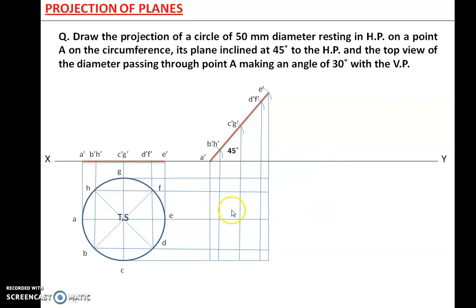Now what you have to do is find the points of intersection. A, this will be A, B, this will be B, similarly this will be C, D, E, F, G, H. Give the names. Now how to join these points? Whenever a circle is lifted up and you are seeing the top view of that particular inclined circle, it will be a reduced shape, but the shape will be elliptical. Always you will see an ellipse here.